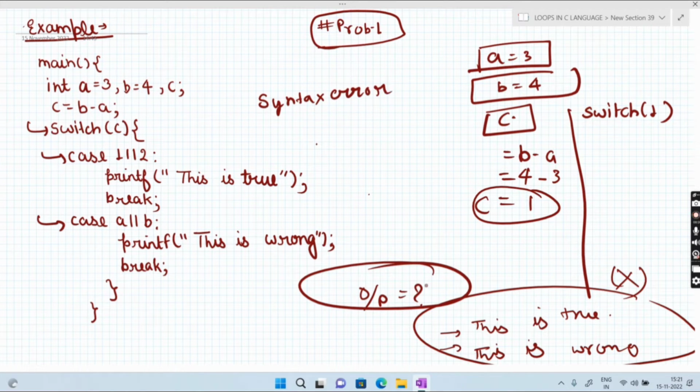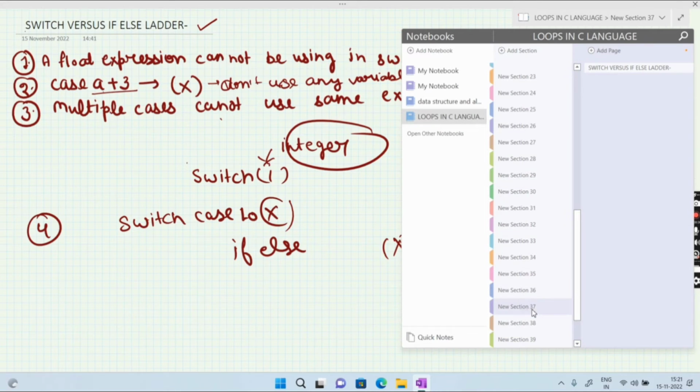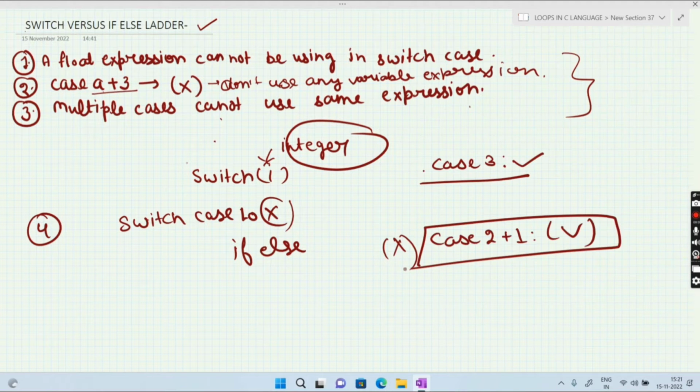I will tell you that you cannot use a case expression in this manner, because it throws a syntax error.